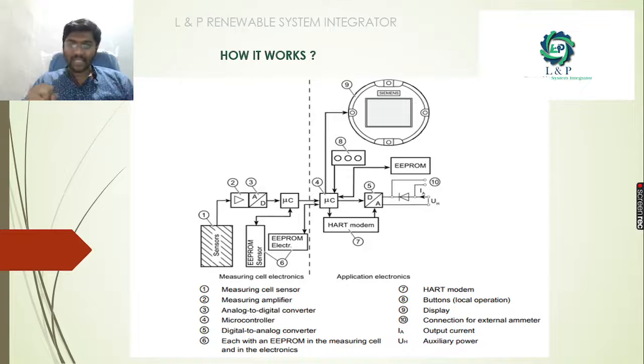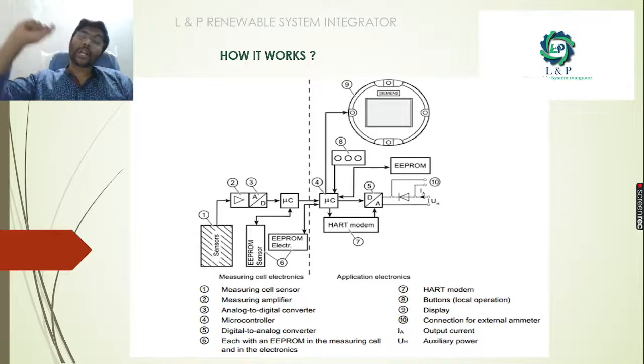Once it gets the electrical signal, the amplifier amplifies it. Then we send that amplified electrical signal to the analog to digital converter, because we have a microcontroller inside, and the microcontroller will receive only digital signals. So in order to make the microcontroller understand the signals clearly, we are converting the analog signal to digital. The microcontroller will do its job: it will display the settings, and it will produce the exact precise output. From the microcontroller it will go to the